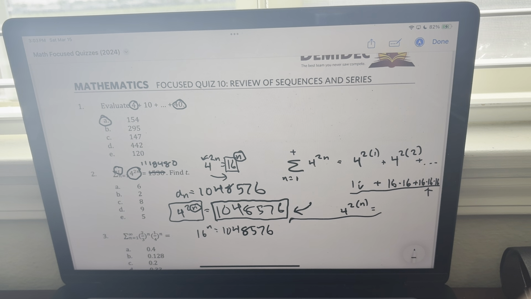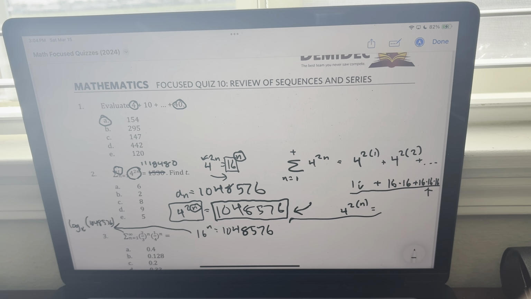10.48576. Now, if you don't know how to do this algebraically, what I would do is I would do 16 to the power of 6, and then 16 to the power of 2, and then to the power of 8, and then to the power of 9, and then to the power of 5, since you're given options here. So you do 16, let's say, to the power of each of those. But how you would solve it algebraically is you would do 16 to the n equals, well, we've already written it out there, so I'm just going to move it over here and say that it's actually log base 16 equals